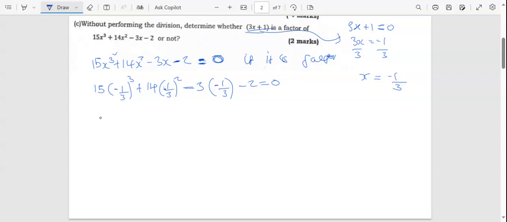So from here, we simplify now. Before multiplying, this is now 15, open bracket. This is an odd power, so it will give us -1 over 3 times -1 over 3 times -1 over 3. This 3 times 3 times 3 gives 27. On top, negative times negative is positive, times negative gives us -1. So I'll put -1 over 27, plus